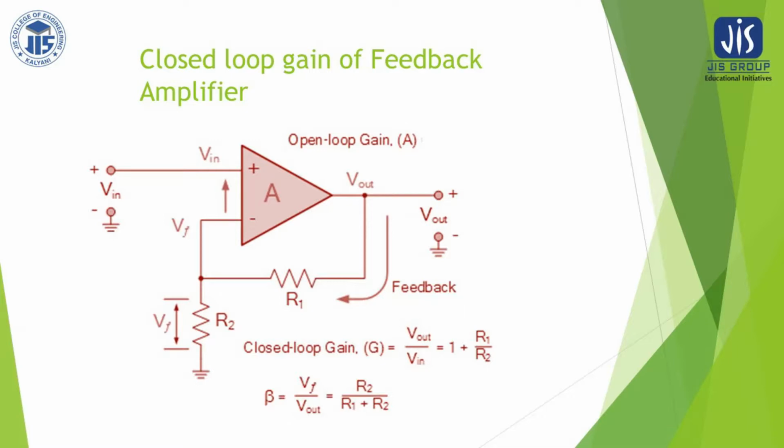Equation 2 could be replaced in equation 1, so that beta X0 could be replaced here, and this Xi finally could be replaced here, so that we can get some overall gain expression. So 2 into 1 gives you Xi equal to Xs minus beta X0. Let it be equation 4. This equation 4 we are replacing in equation 3, therefore we are getting X0 equal to A into (Xs minus beta X0). If we simplify, X0 equal to A Xs minus beta A X0, and therefore finally if you take X0 common, you are getting 1 plus A beta.